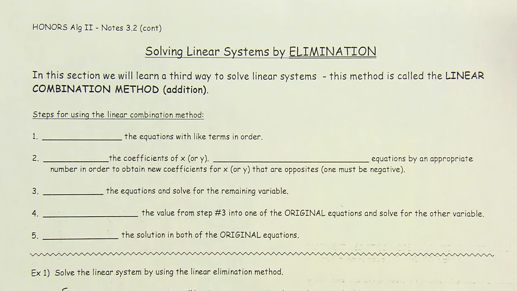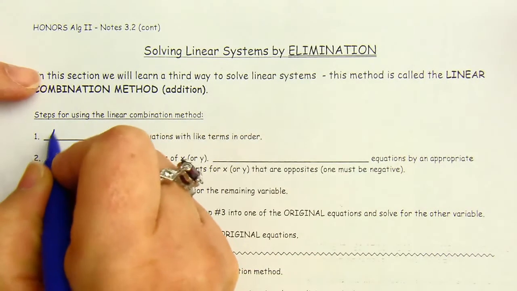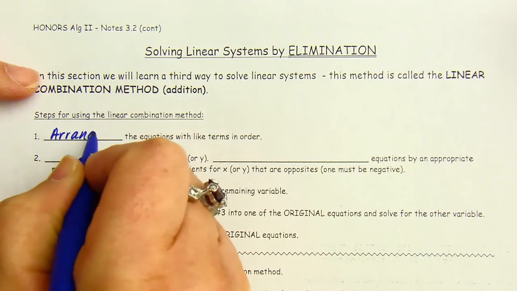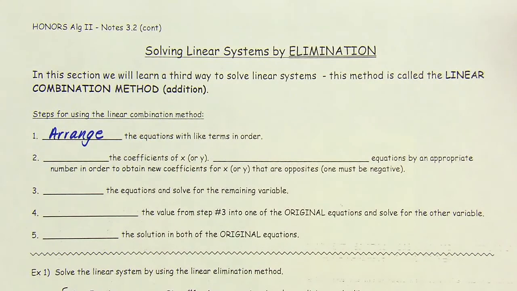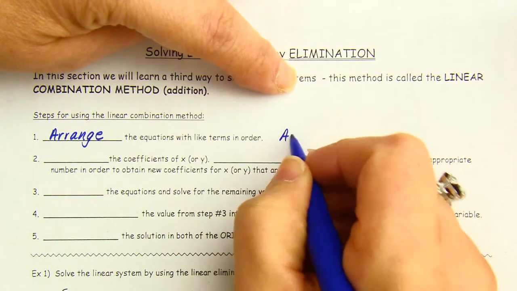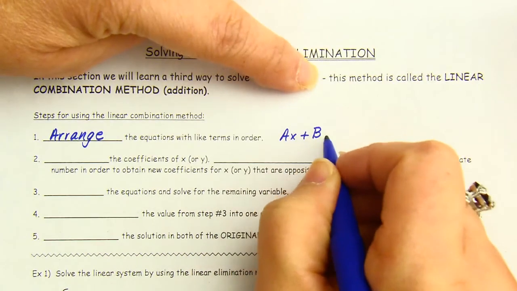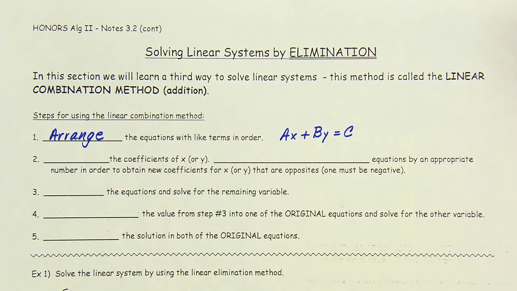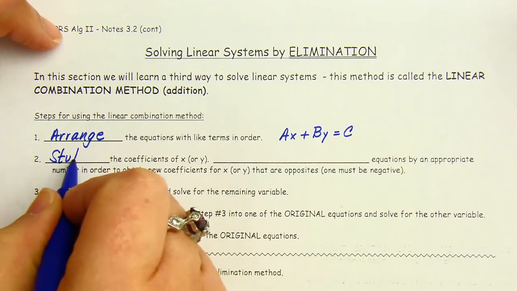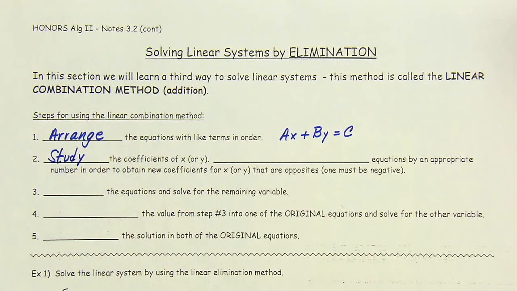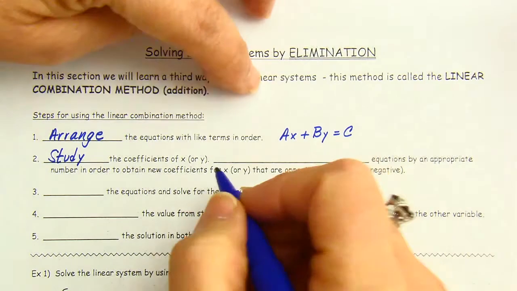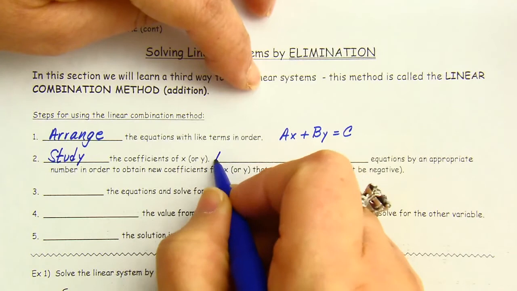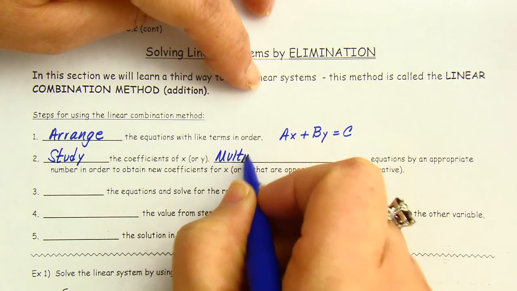Steps for using this method? Well, you need to arrange the equations with like terms in order. It's best to put it in ax plus by equals c form, the standard form. You want to study the coefficients of x or y, and then you want to decide, do I need to multiply